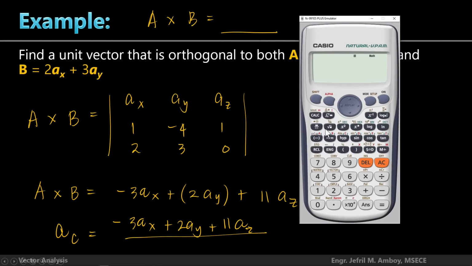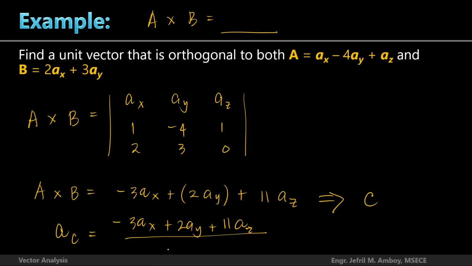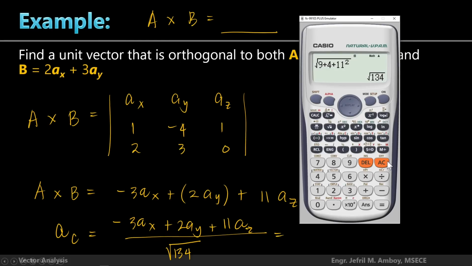The square root of negative 3 squared is 9 plus 4 plus 11 squared is 121. Okay? So this is square root of 134. Okay? So if we get the quotient of each term,